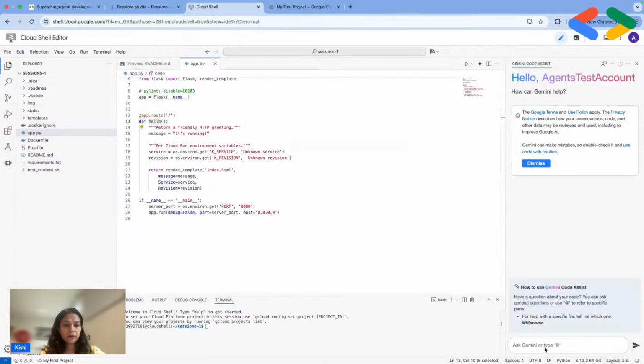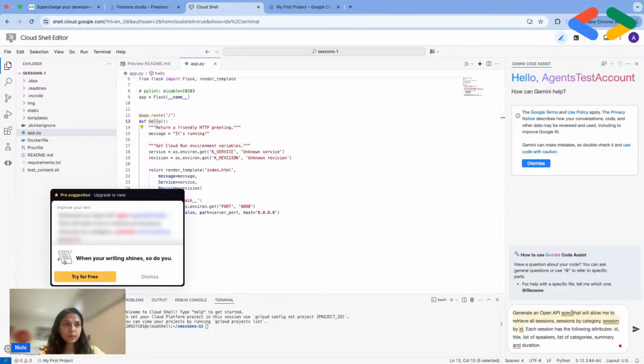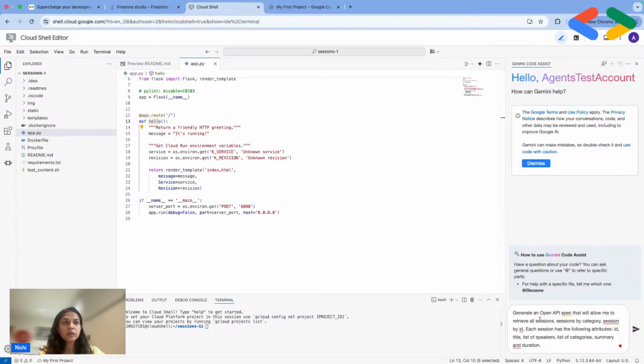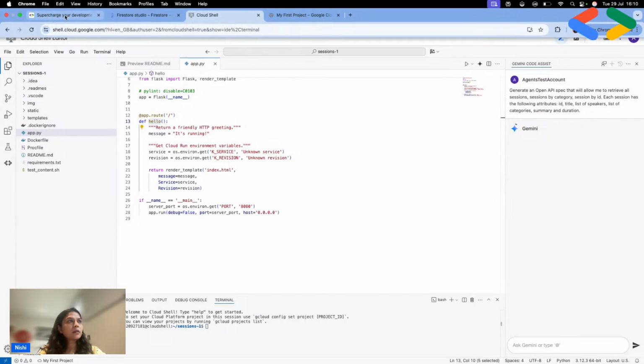We go here and we ask Gemini Code Assist to generate an OpenAPI specification that will allow to retrieve all sessions by category, sessions by ID. And we have given the schema to the Gemini Code Assist for it to generate a proper spec file for us, right? So let's see what it generates. This is going to take like a few seconds. Meanwhile,